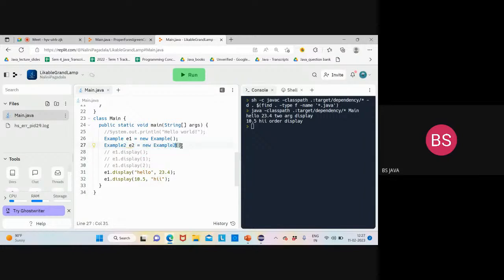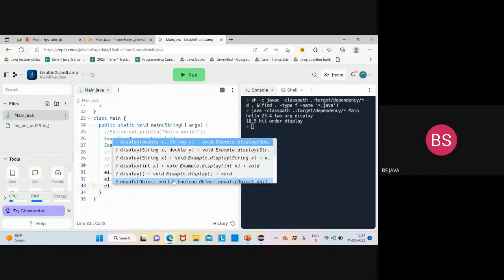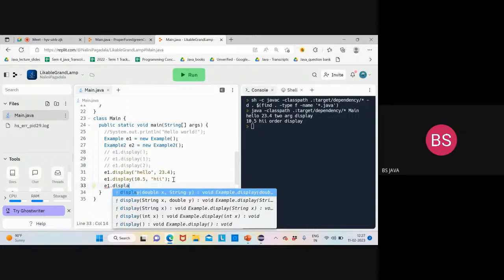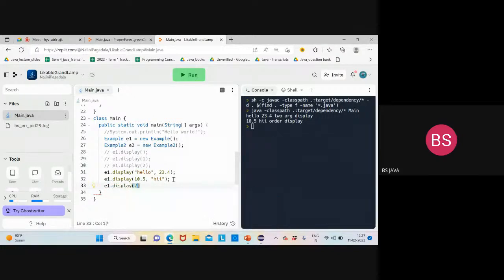And if I call e1.display of some number, any number, 5, and e2.display of 5, if I say so,